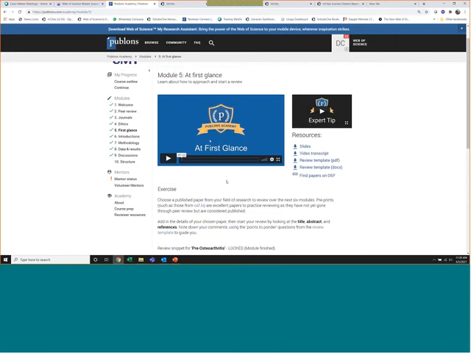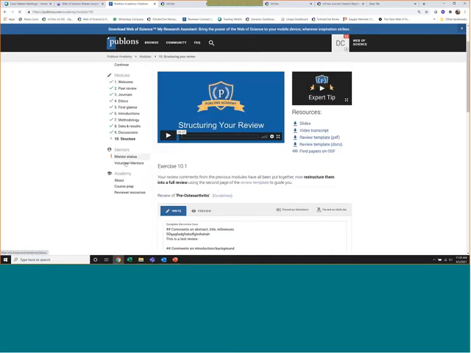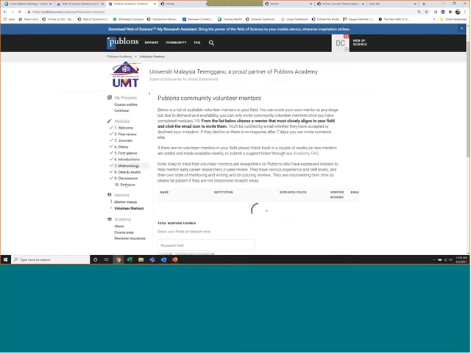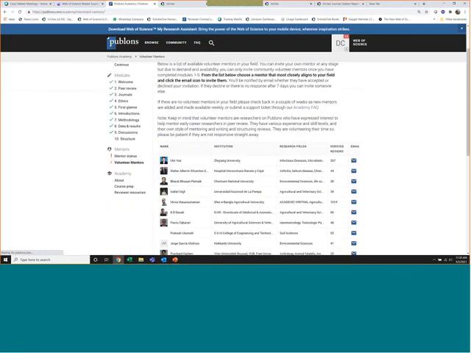Otherwise, you can continue on until module 10, and you will have the option to select a mentor from our list of international mentors. You have volunteer mentors here, and you can choose from this list, which is based on your own specialization.